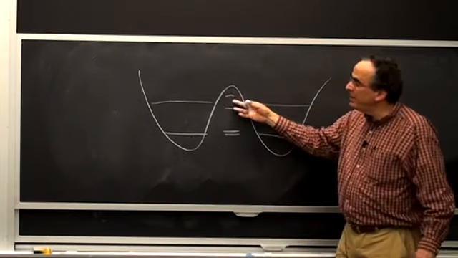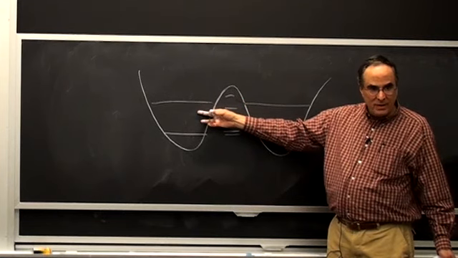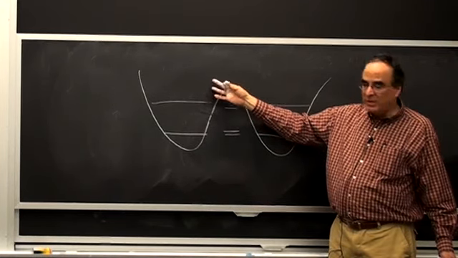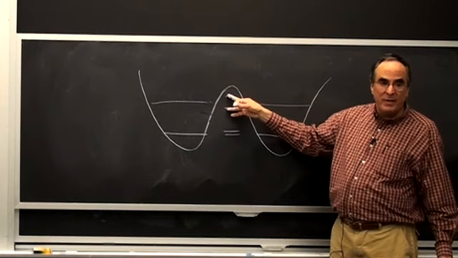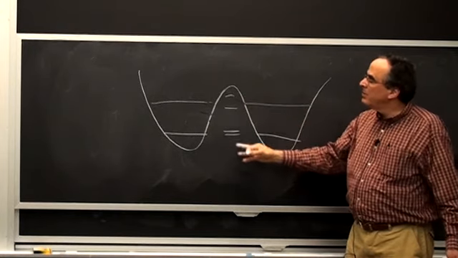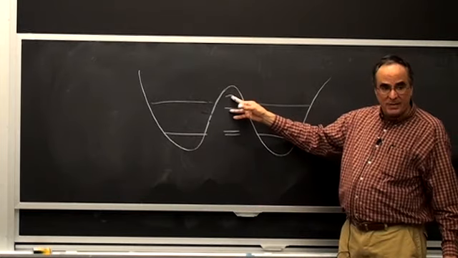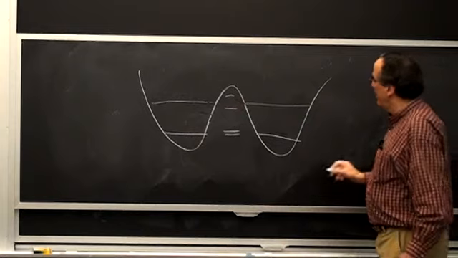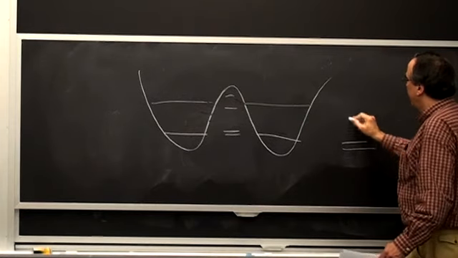The tunneling rate is faster. The tunneling time corresponds to the reciprocal of the energy difference. And so this tunnels slowly, this tunnels fast. And so you expect a level diagram with a kind of staggering